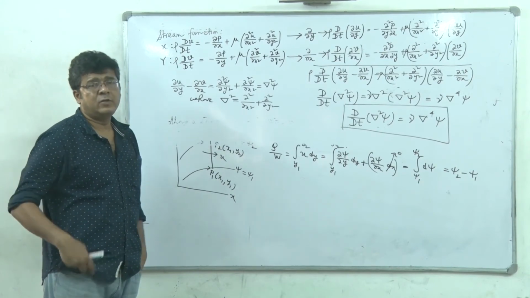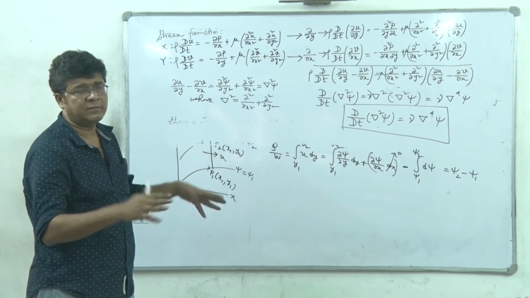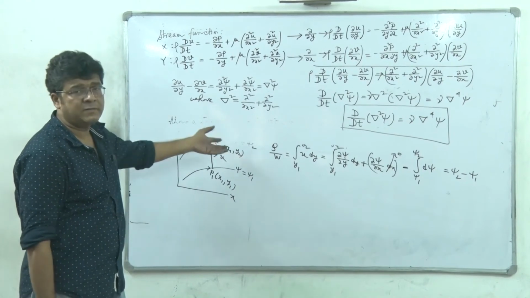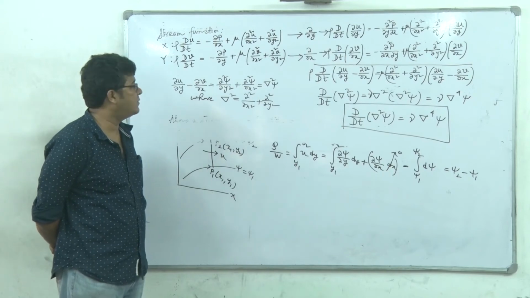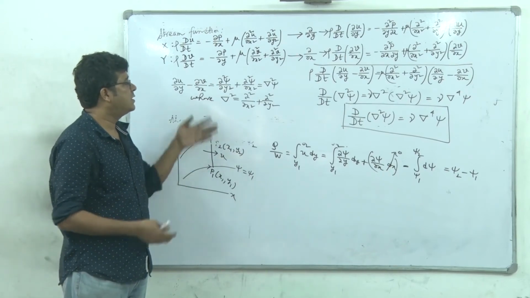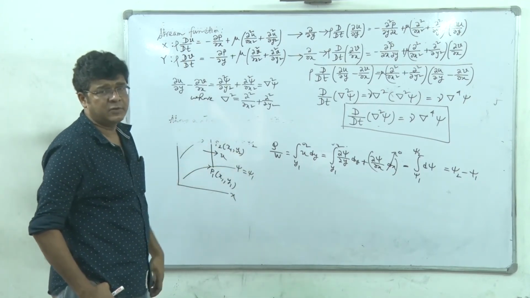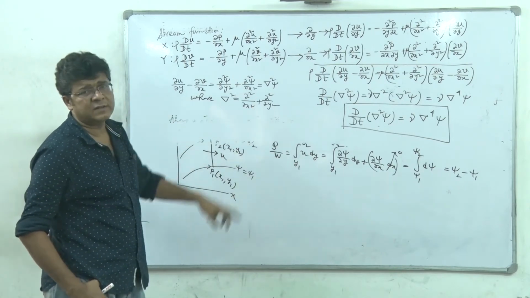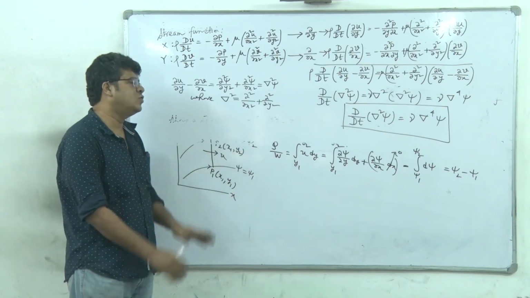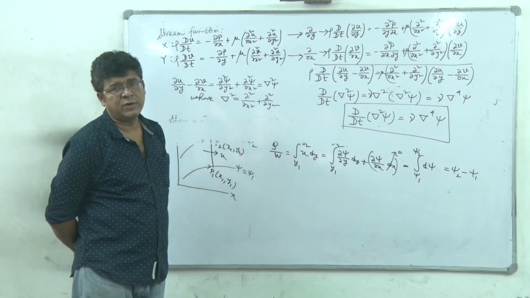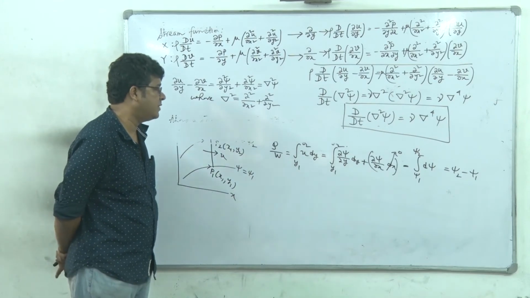So what we did, we introduced a common variable psi such that the continuity getting null and void, it will be automatically satisfied. And that's why we introduced this definition that u is equal to del psi del y and v is equal to minus of del psi del x. With that we have shown that psi has got some physical attributes as well, which is that psi remains constant along a streamline. That's why we have referred to it as stream function. And additionally, between the two streamlines, the flow rate per unit depth is equal to the difference of their stream function. That is also a property corroborating some physical characteristics.